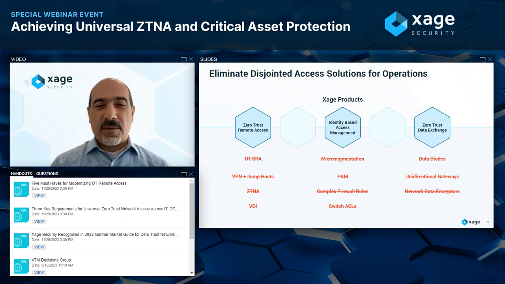So we deliver zero trust remote access, identity-based access management, and zero trust data exchange. We're able to control any interaction, whether it's user to machine, machine to machine, application to machine, and even interactions over data, using identity and policy from a central location and enforced across your whole operation, enterprise, and cloud